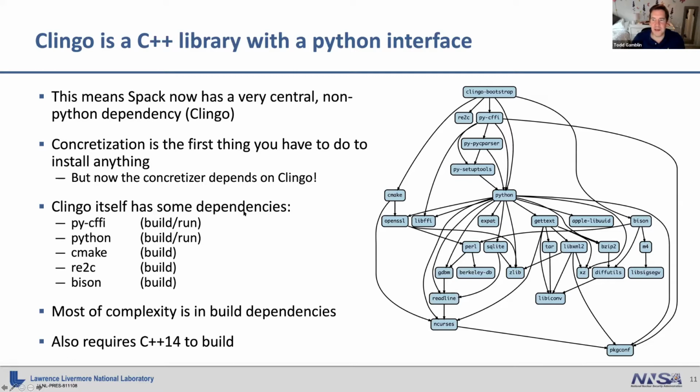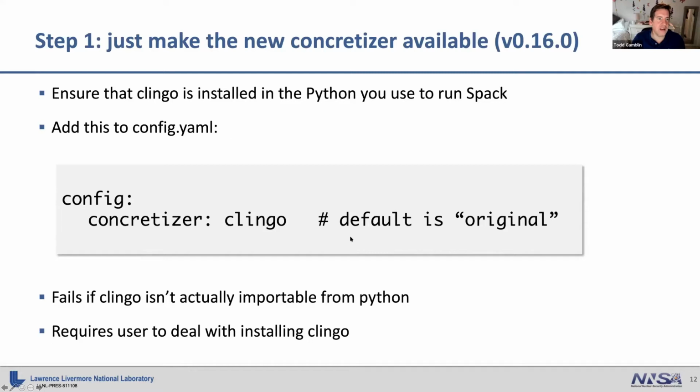And the dependencies for Clingo are actually pretty complicated. If you want to build with the Python support that we need, getting all the right Python libraries in place is a challenge. And it requires C++14, which is another problem. You don't know that the user has a C++14 compiler, so we don't actually know that we can bootstrap this from source. So what we've done is, for step 1 in 0.16, we just made the new concretizer available,